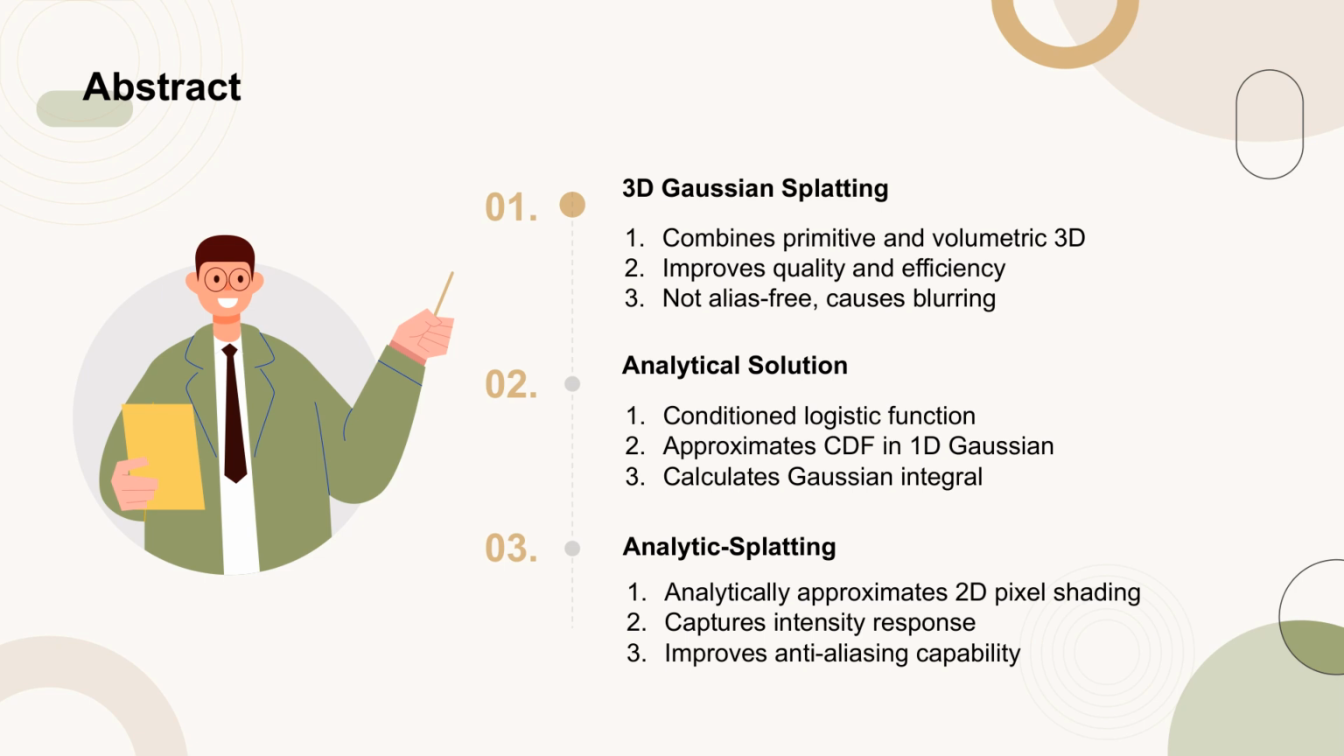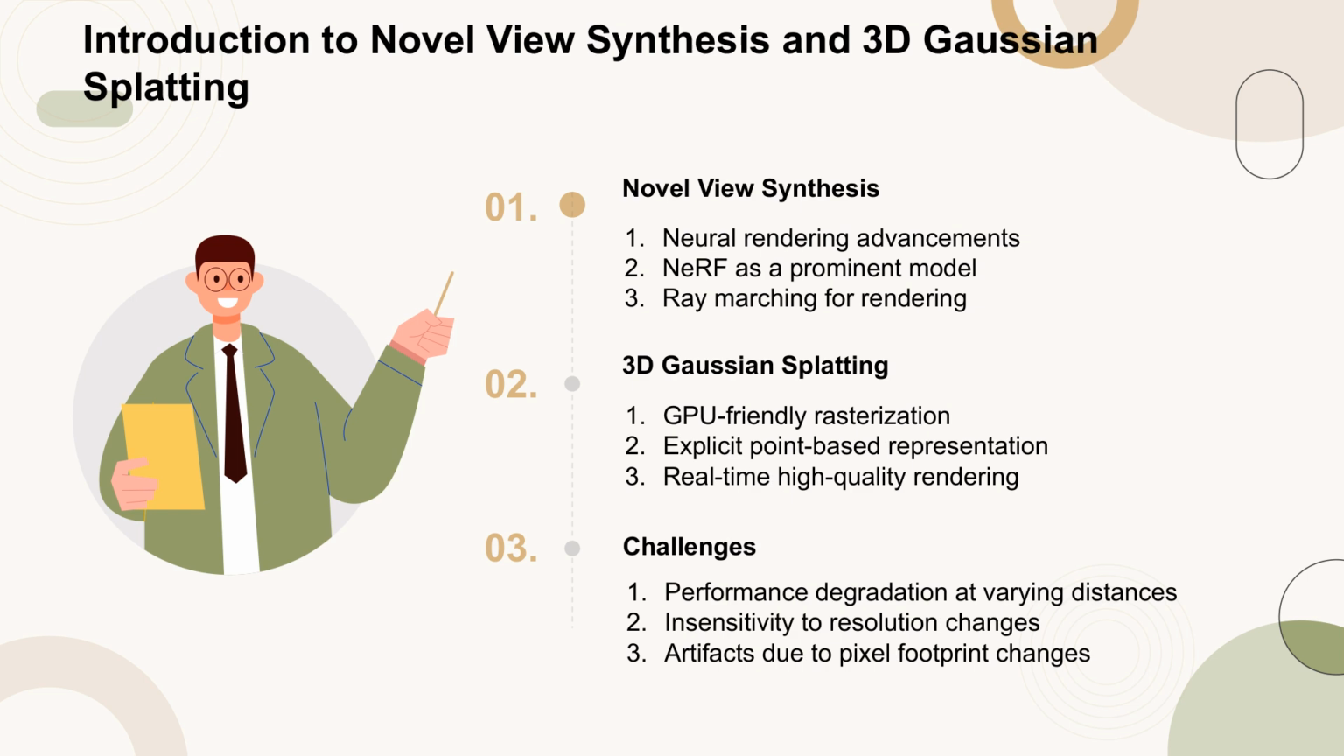This method improves the intensity response of each pixel and makes the rendering process sensitive to changes in pixel footprint at different resolutions. Experimental results on various datasets demonstrate that Analytic-Splatting provides better anti-aliasing capabilities, resulting in more detailed and faithful renderings. 3D Gaussian splatting is a technique used for high-quality rendering that is both efficient in computation and suitable